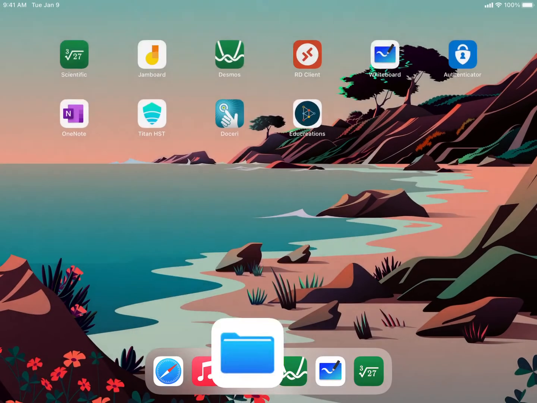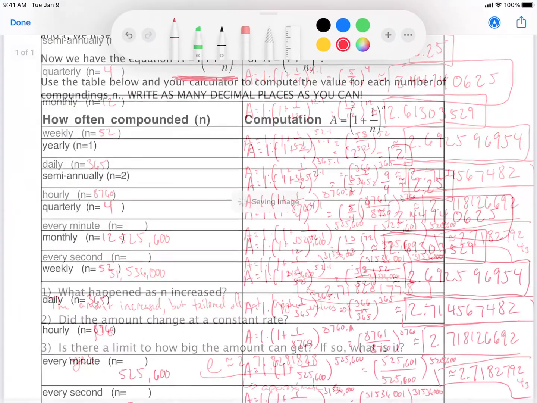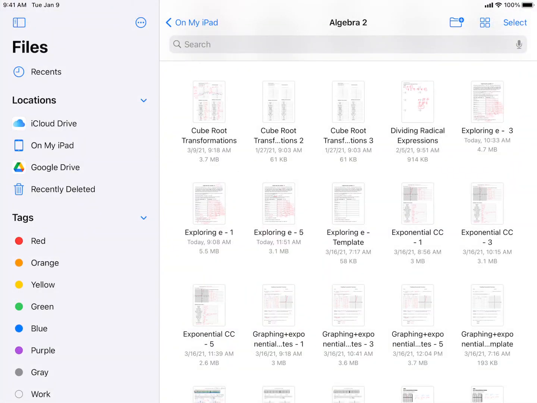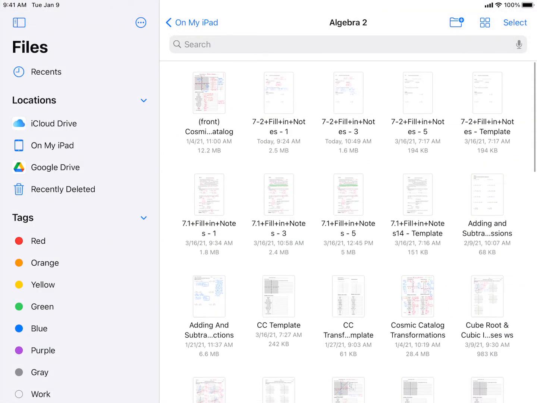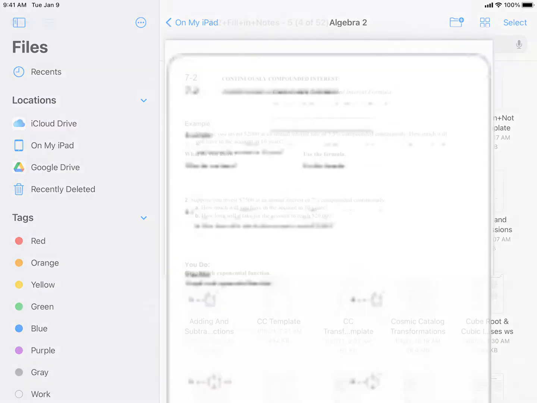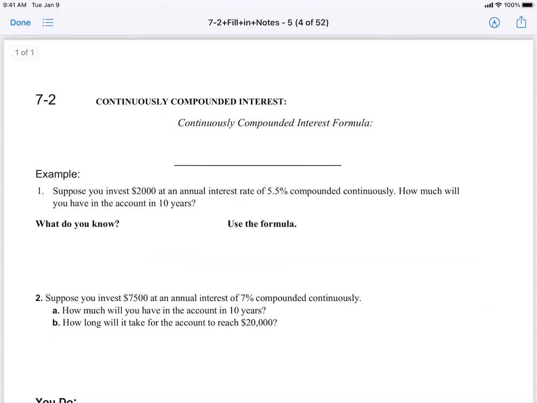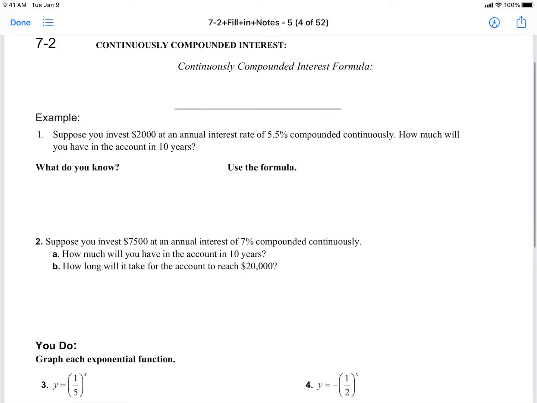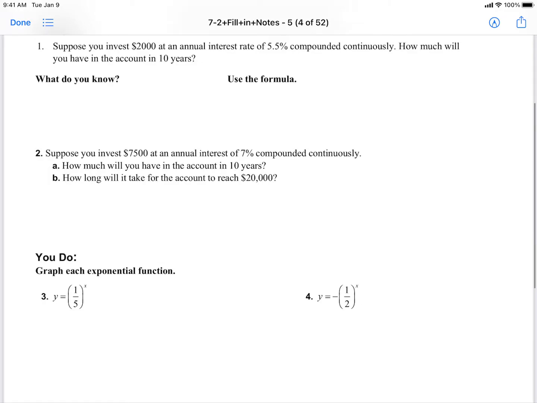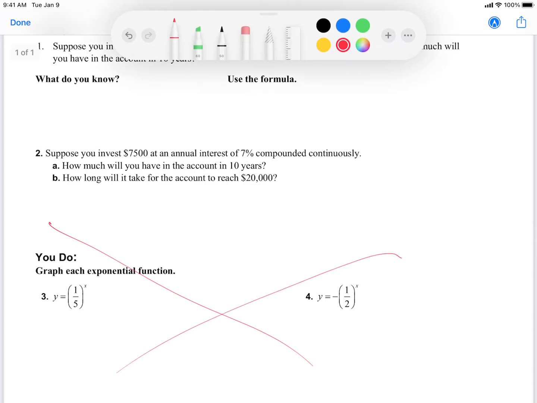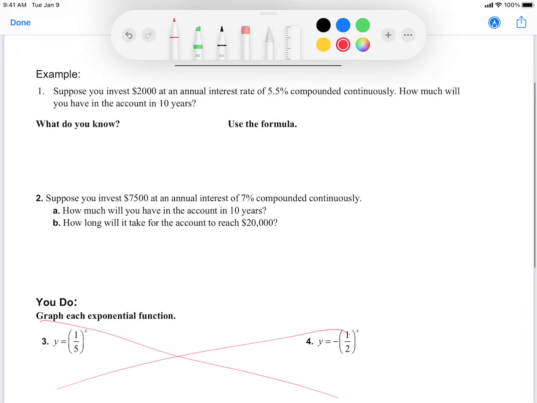So now pull out the next sheet. Sorry, I hit done. I hit that, which is up here somewhere. Yeah. The fill in note 7.2. And we're going to show you where we see it. Again, we're only going to do examples 1 and 2. You do not have to do the you do part. Okay? Because we already did that the other day. You don't have to, oh, I should not have done that. Right, you do not have to do this stuff. Okay? So,